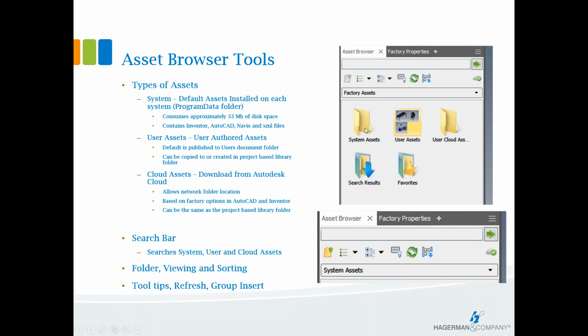These are the default assets, and they're installed on every user's machine with the installation process. They only consume about 30-35 megs of disk space, and they contain some Inventor models, AutoCAD related files, and Navis related files, as well as some property XML files. There is not a lot that's loaded up. These are kind of the base